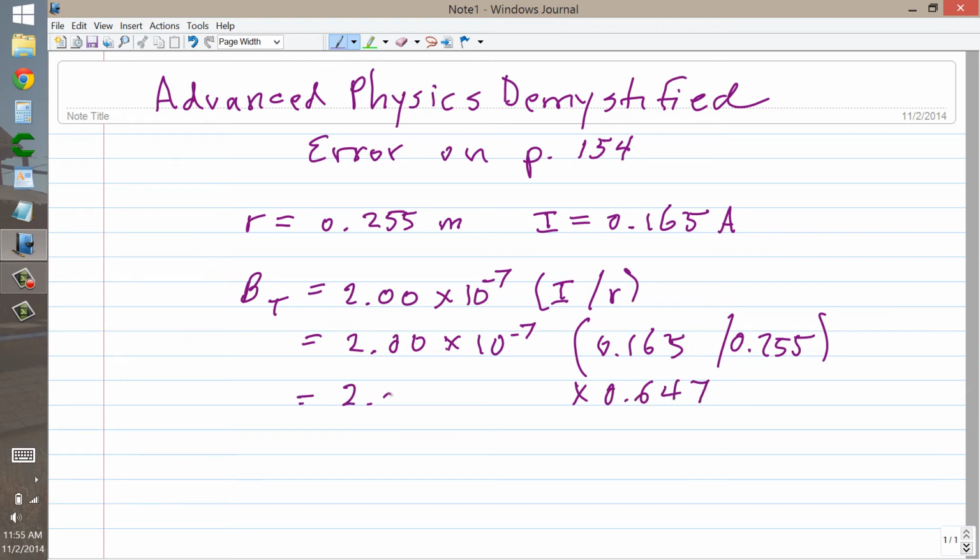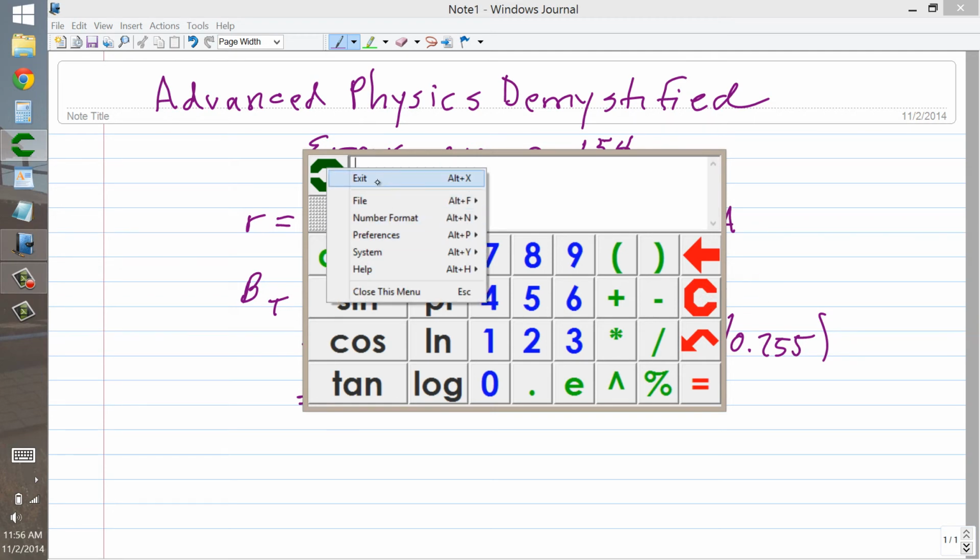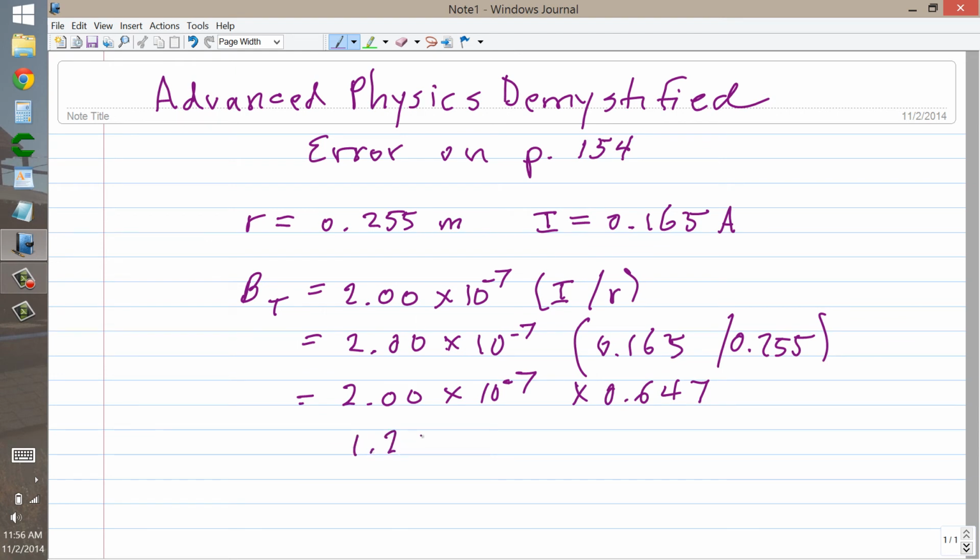So it's 2.00 times 10 to the minus 7 times 0.647. Well, now what we've got to do is multiply 2 times 0.647, and we get 1.294. Now they're asking us for the answer to three significant digits, so we would round that to 1.29. Okay, so it's 1.29 times 10 to the minus 7th, and the unit is